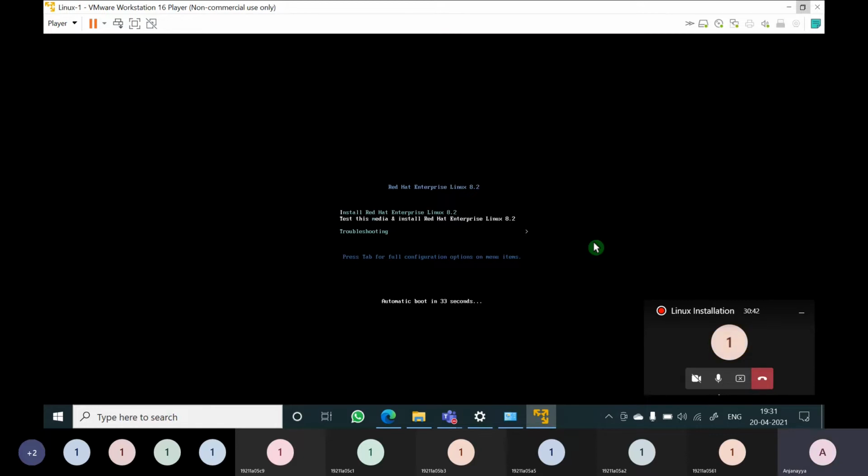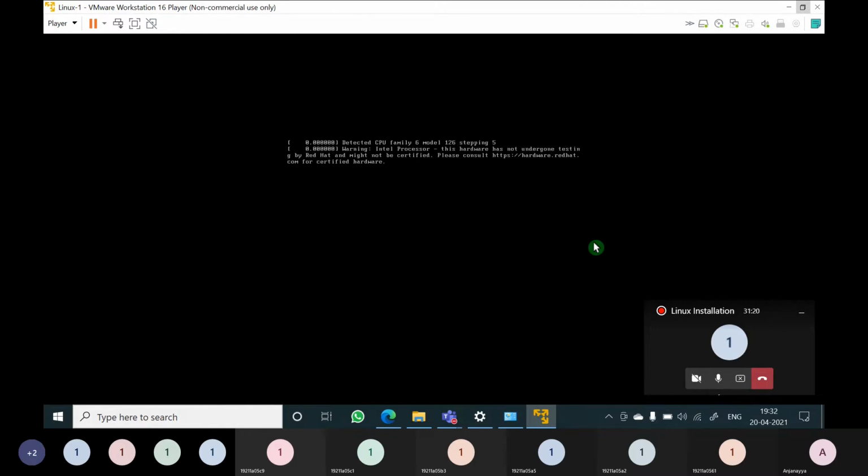Now it is preparing for installing the packages of the Red Hat Linux operating system. Now it is starting installing the packages.